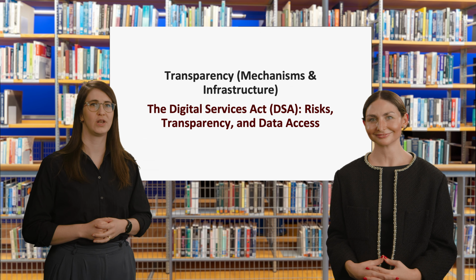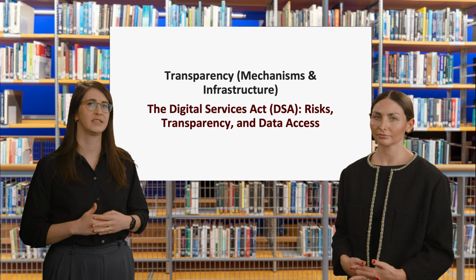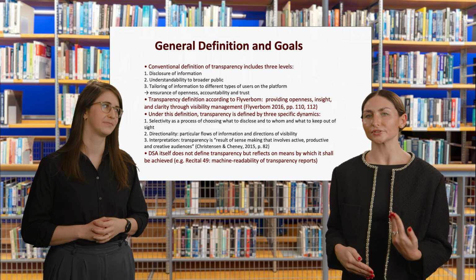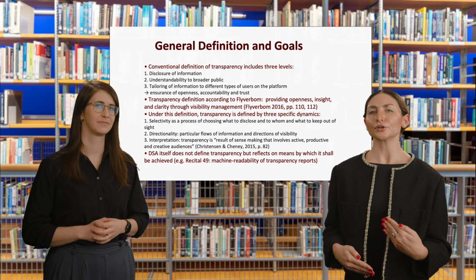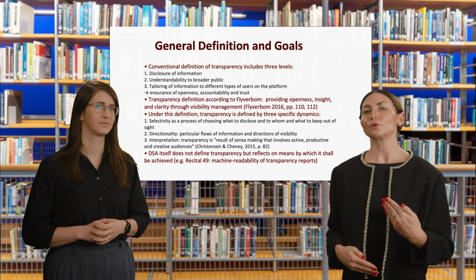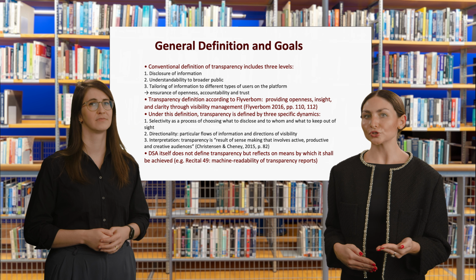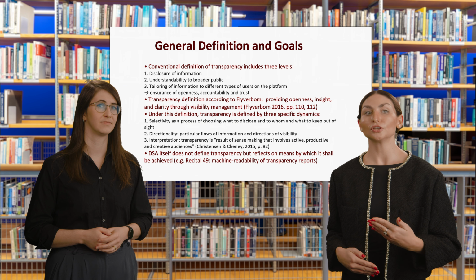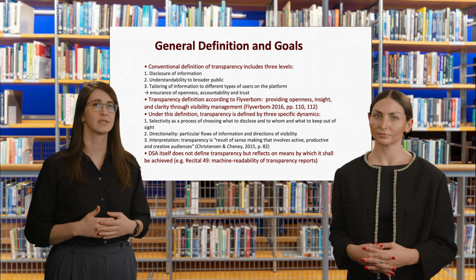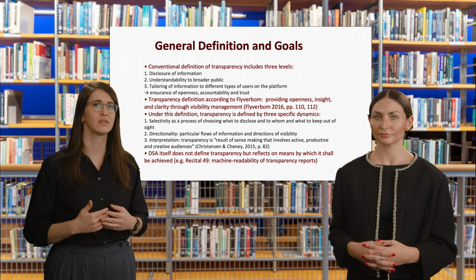Hello! In this section, we look at what transparency means in platform regulation and what the Digital Services Act does with it. A conventional way to define transparency is to distinguish three levels. First, disclosure of information. Second, understandability for the broader public. And third, tailoring information to different types of users so different audiences can actually use it. The overall promise is that transparency supports openness, accountability, and trust, not as abstract values, but as practical conditions for